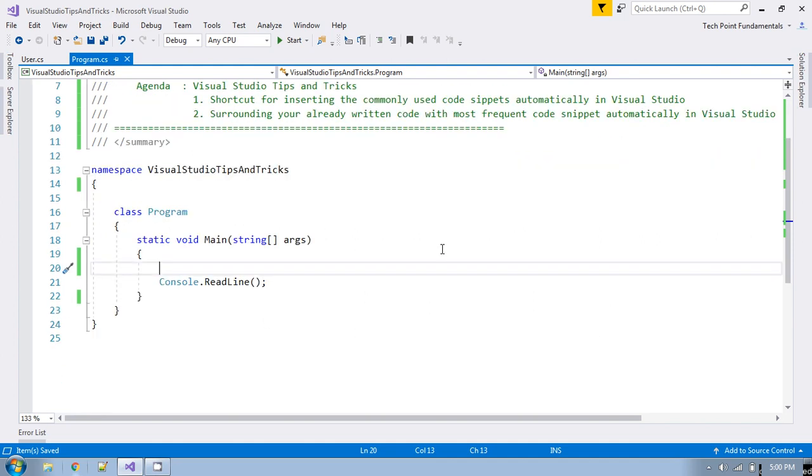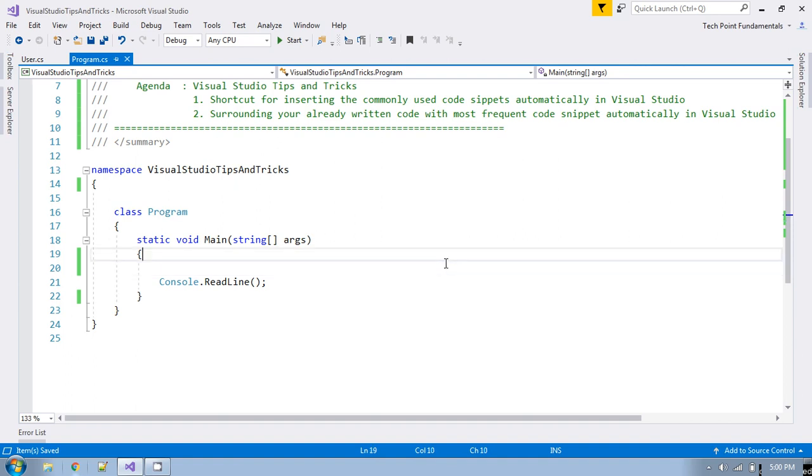And also, if you have already written your code and you want to surround that code automatically with some important code snippets like a try catch block, then you can also do that automatically.